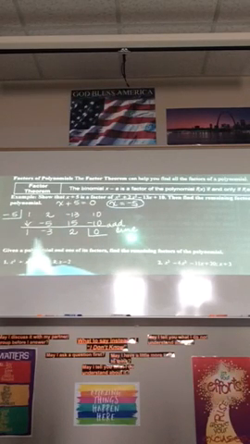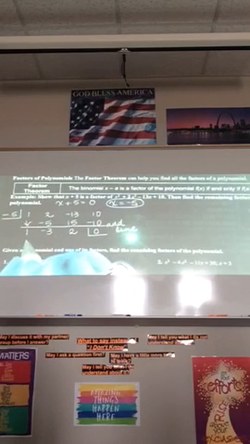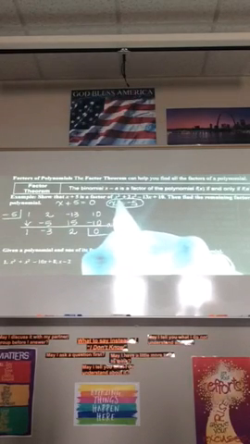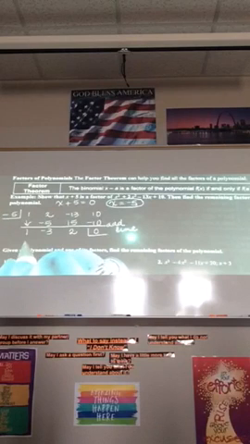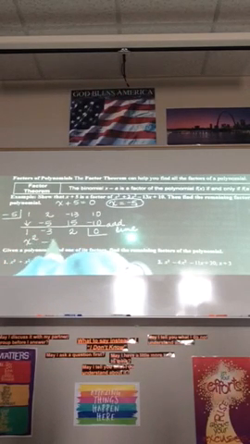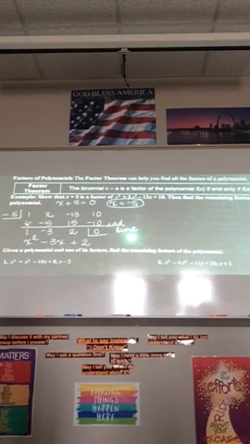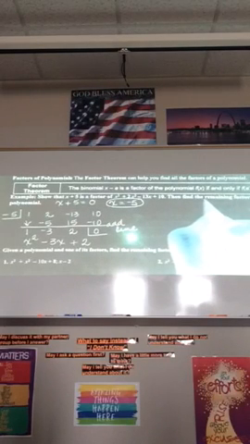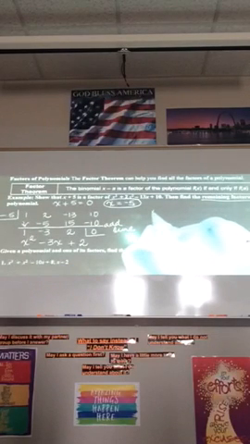Okay, let's take our quotient down here, which is our answer, and put our variables back in. We began with a third degree polynomial, and we divided out one of those x's. So our answer should be 1x squared minus 3x plus 2. Now, this problem is asking me to find the remaining factors. So let's take our polynomial,